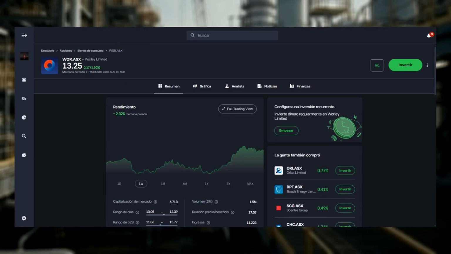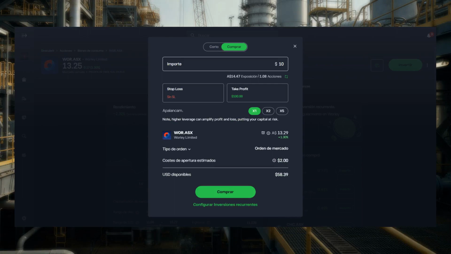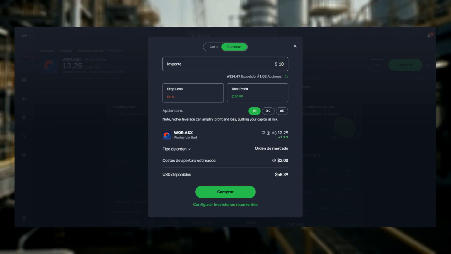Check the exchange shows CBOE-AUS and the ticker WOR.ASX to be sure. Tap Invest or Trade, enter the amount you want to buy, then carefully review and confirm